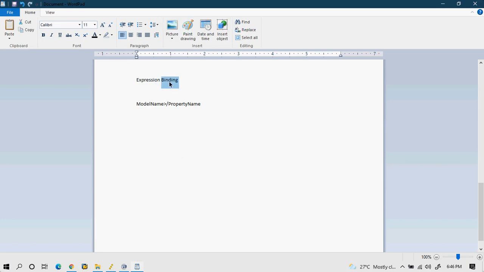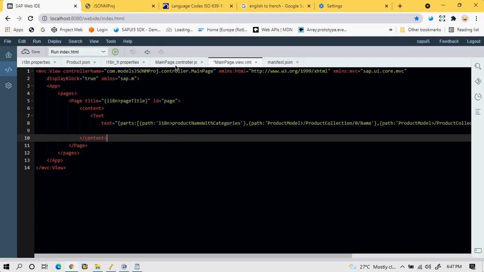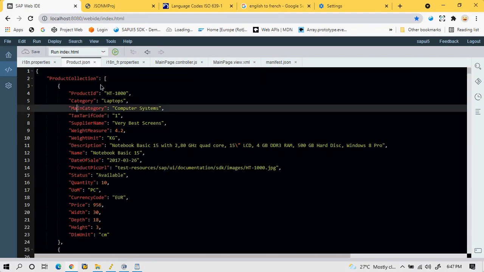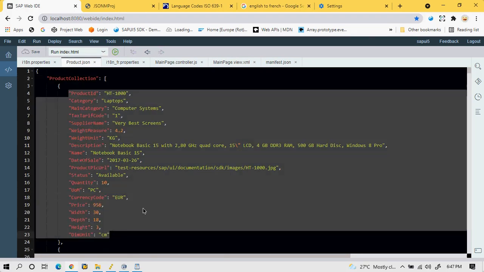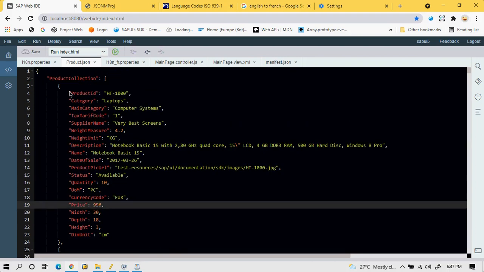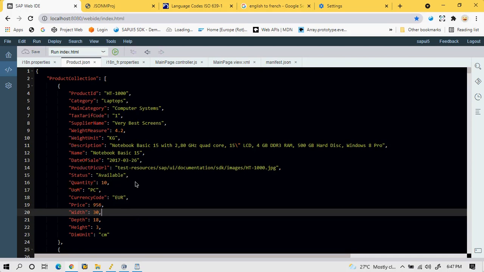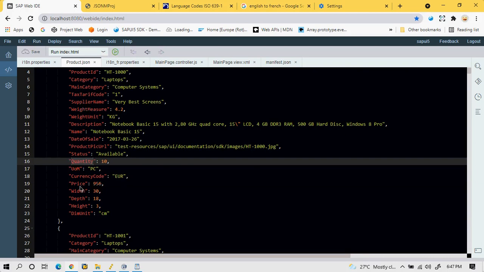So now let's say I want to check a condition from the product model. I'll go back here, save, and open this product.json file. Now this is my JSON file, and these are all the properties I am getting. But in some cases I may want to display the text in red color, or make the text green. If I want to evaluate a condition, let's say the quantity is 10, or maybe